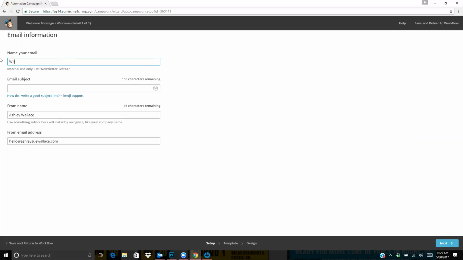So name your email. So this is going to be the welcome email. This is the internal use, so this can be something very specific to you. Email subject. So here is your Boss Babes printable planner. The from and the email address should populate by your personal settings from the list that you already set up. So you're going to hit next